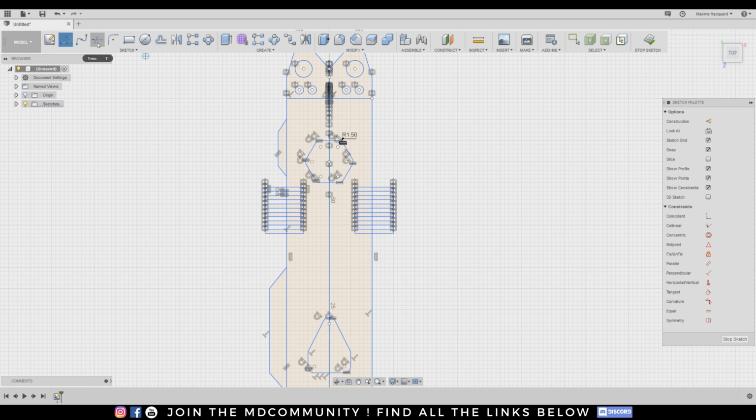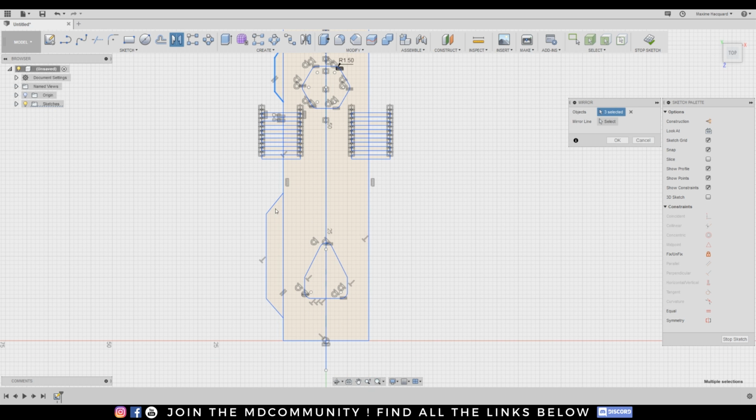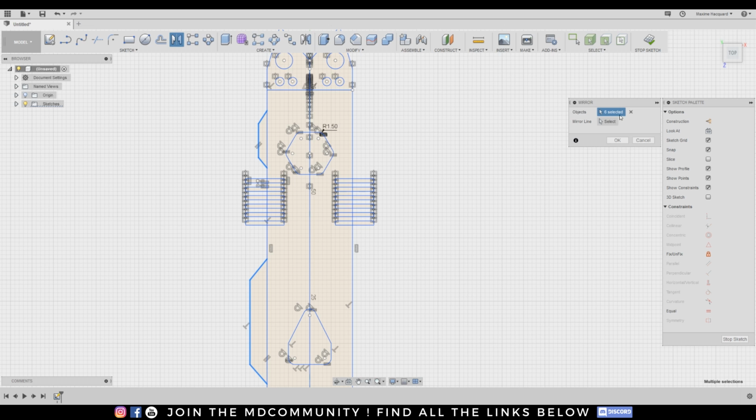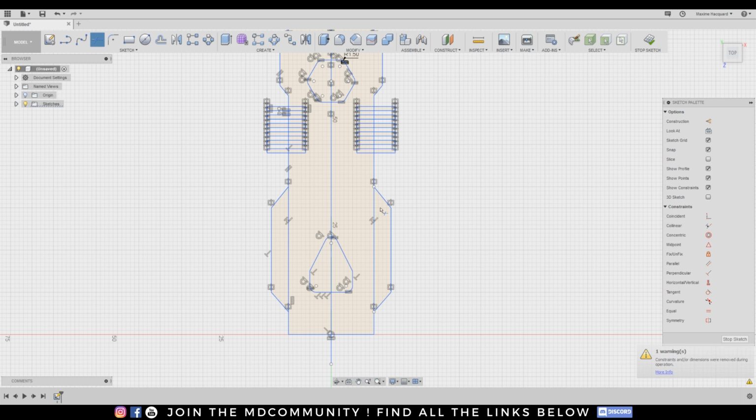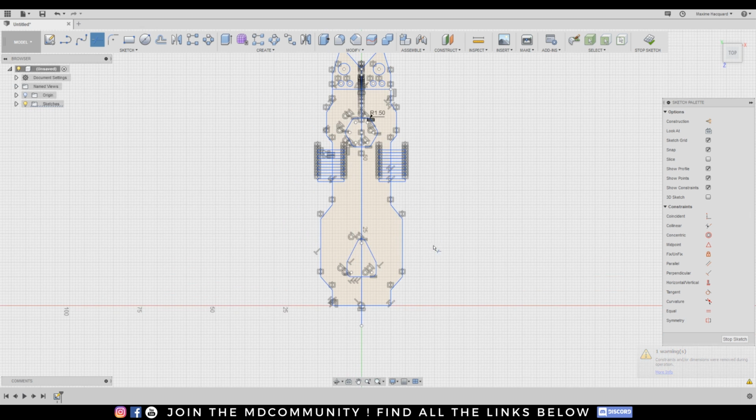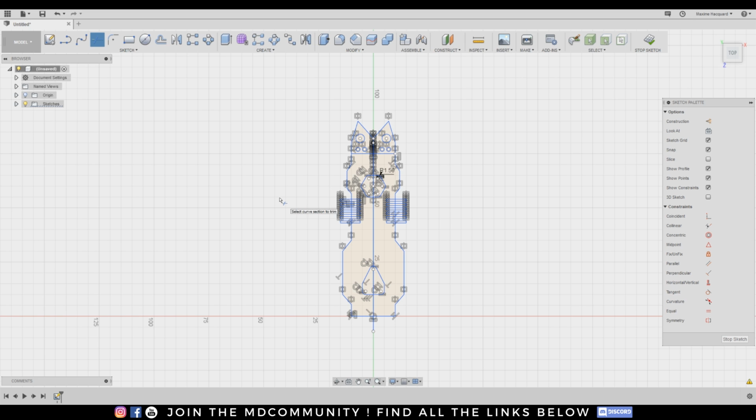Okay, and now I can mirror this. Mirror, just select the different parts. Oh, it's not symmetrical, it's a bit horrible, but that's okay. You can play with the values to make something symmetrical, but I just want to show you trim because I just talked about it. Trim this, trim this. As you see, I've changed my design.